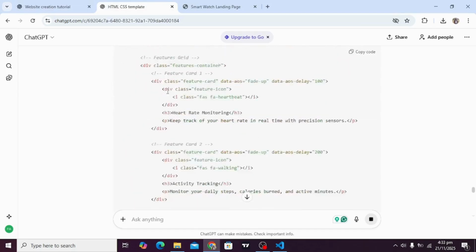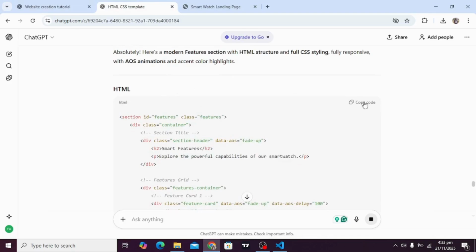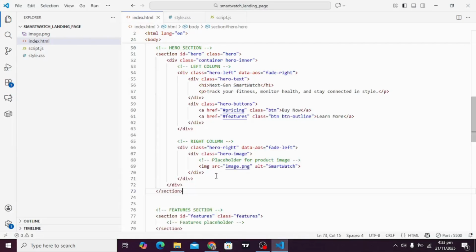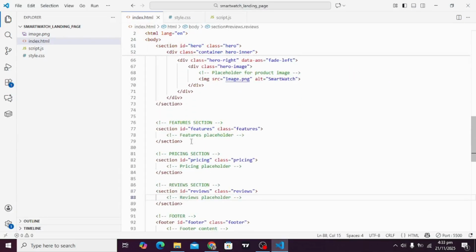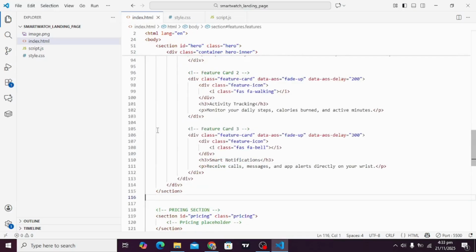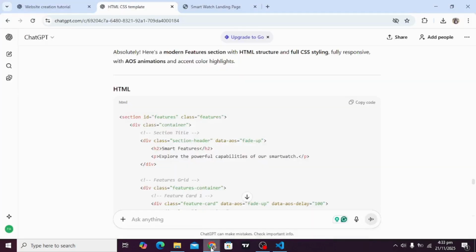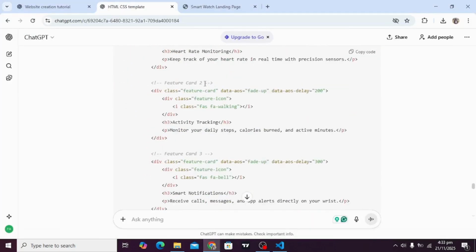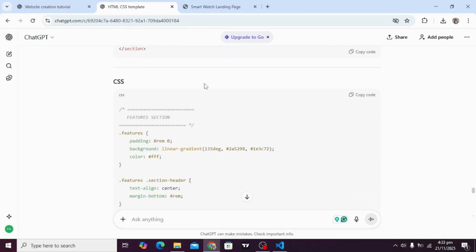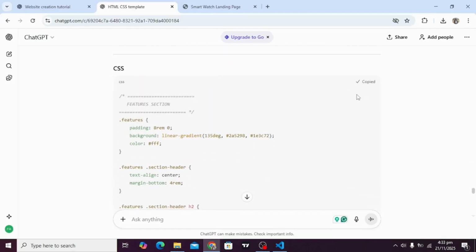If you don't write all the details, it will not give you optimal results. So copy this feature section HTML part and let's replace this section here. Select all and Control V for paste. So now let's go to the CSS part. Copy the CSS code of this.